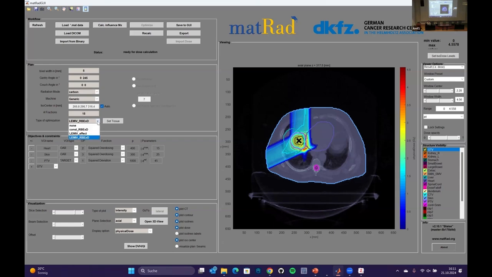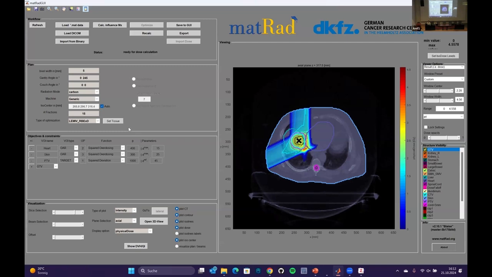There are two ways. There's actually another setting you can choose, and this was a question. You can say effect or RBE weighted dose. So when you work with biological models, you have different ways for what you optimize. I will not go into too much detail, but you could optimize directly on the RBE weighted dose. This makes the equations a little bit not nice. Or you could optimize on the